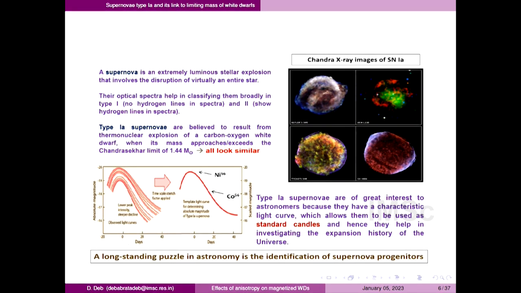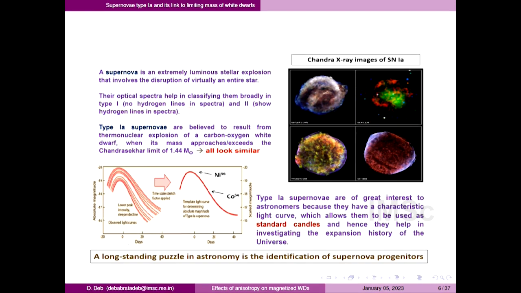And if you apply a time scale stretch factor, you can merge them into a unique characteristic for Type Ia supernovae. That's why they are treated as standard candles, or can be standardized. They can be made into a standardized candle. And this standard candle has